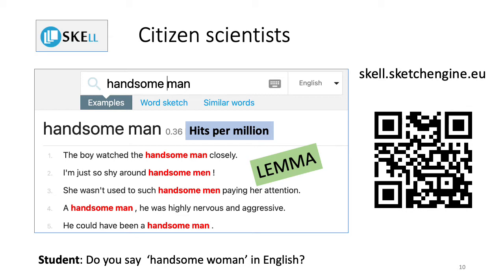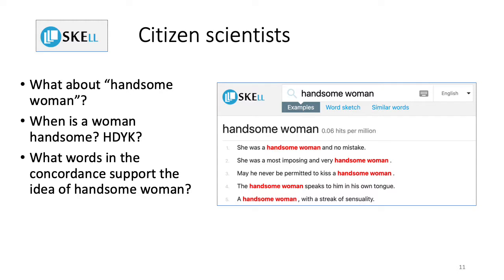So our question is, do we say handsome woman in English? So we can have a look at handsome woman, and we can see that it's only got 0.06 examples in this corpus. So that means that it's about 60 times in the corpus, which means it exists in the language, certainly, but it's not used as often. And it's not used as often because women aren't typically handsome. However, the answer really lies not in the collocation of handsome man, handsome woman, but in fact what the characteristics of a handsome person are.